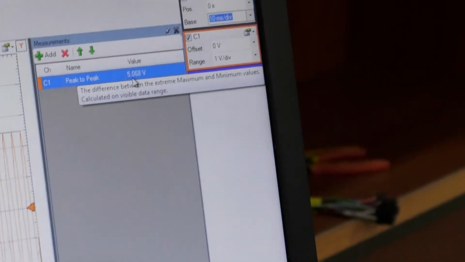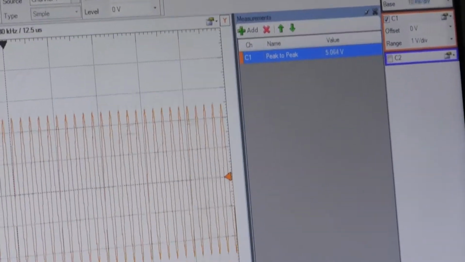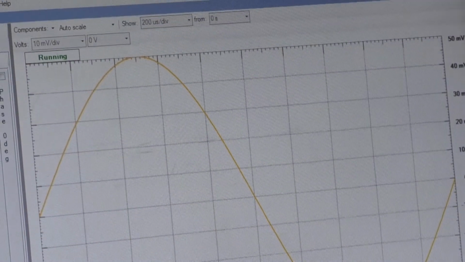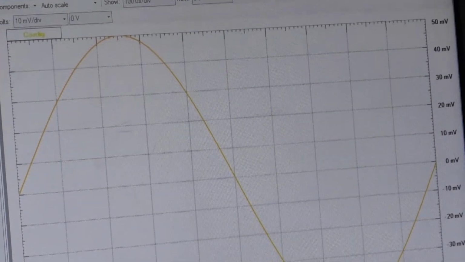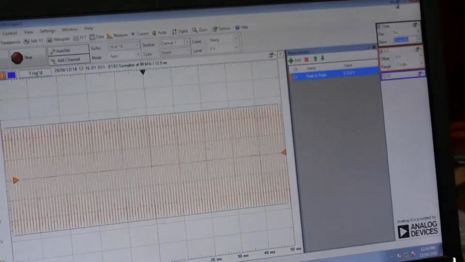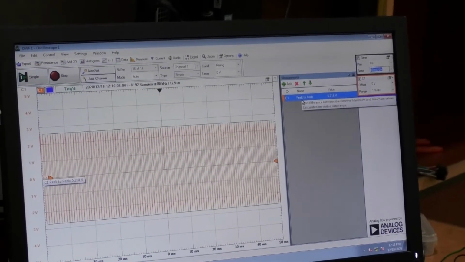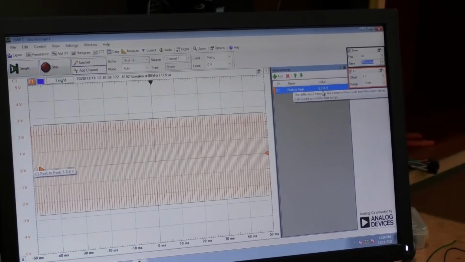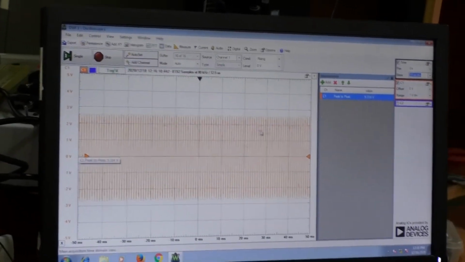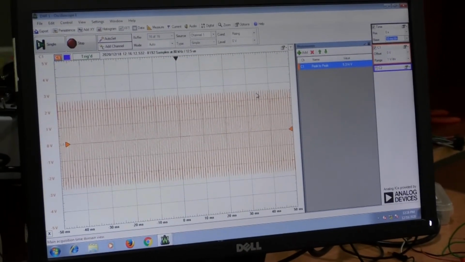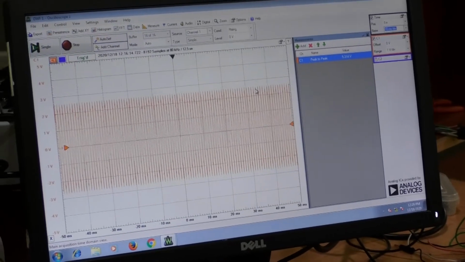Now the waveform changes, and the output voltage also changes. Then note down this output voltage. For 500 Hz, the output voltage is 5 volts here. Like that, again go to the arbitrary waveform generator, select the frequency 1 kilohertz, minimize it, go to the waveform window and note down the C1 peak to peak voltage. The output voltage is 5.3. Like this, we need to note down the output voltage for every different frequency.